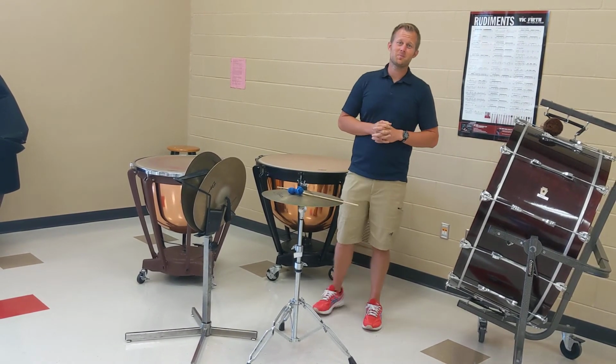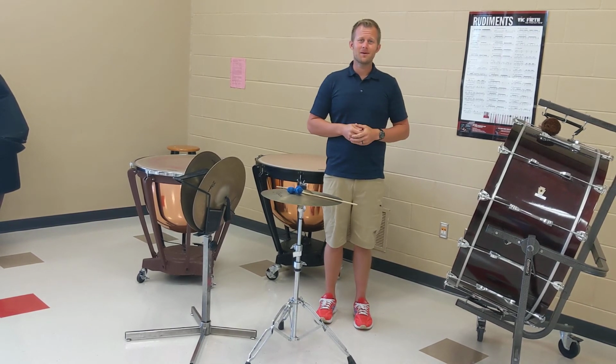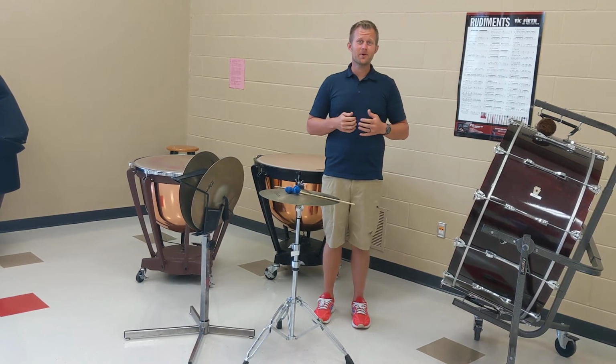And you would also have the chance to play some of the other auxiliary instruments like triangle or shaker or tambourine, a number of different what we call little percussion toys that add a lot of color and excitement to